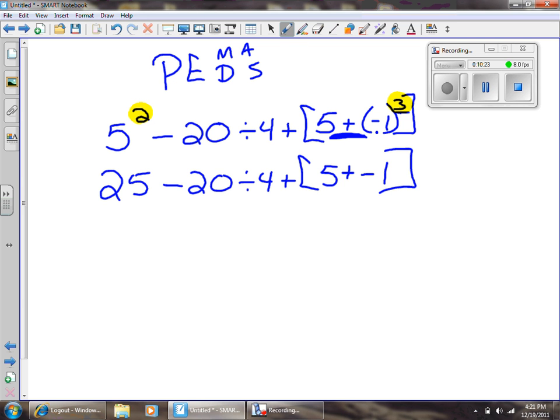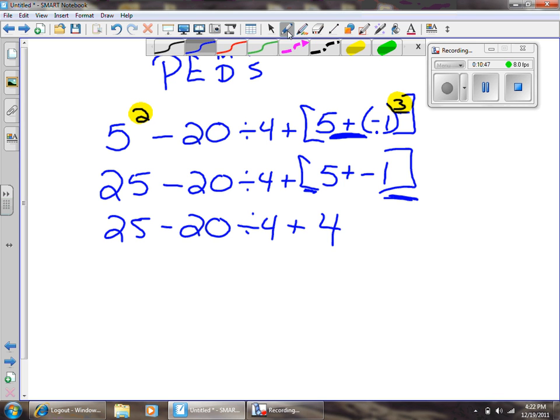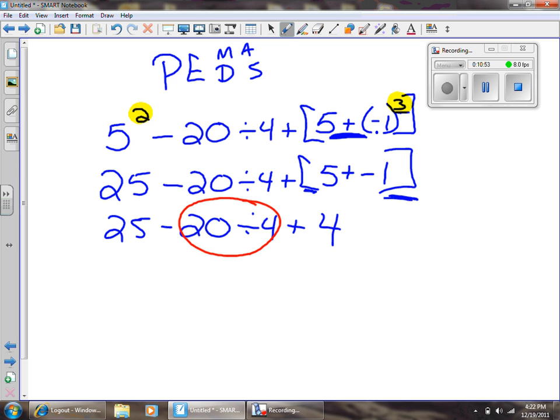All right, so now I'm going to back up in the order of operations. I'm going to go back to parentheses because these guys count as parentheses. So I have 25 minus 20 divided by 4 plus 4. And I drop my parentheses out because they're no longer important. All right, now I have subtraction, I have division, and addition. I will do the division first. I will do this part of the problem first. So I will have 25. Now I can think about this as a -20 divided by 4, or I can think about it as minus 20 divided by 4. Either way, I'll come up with 5 there, and there'll be a negative,